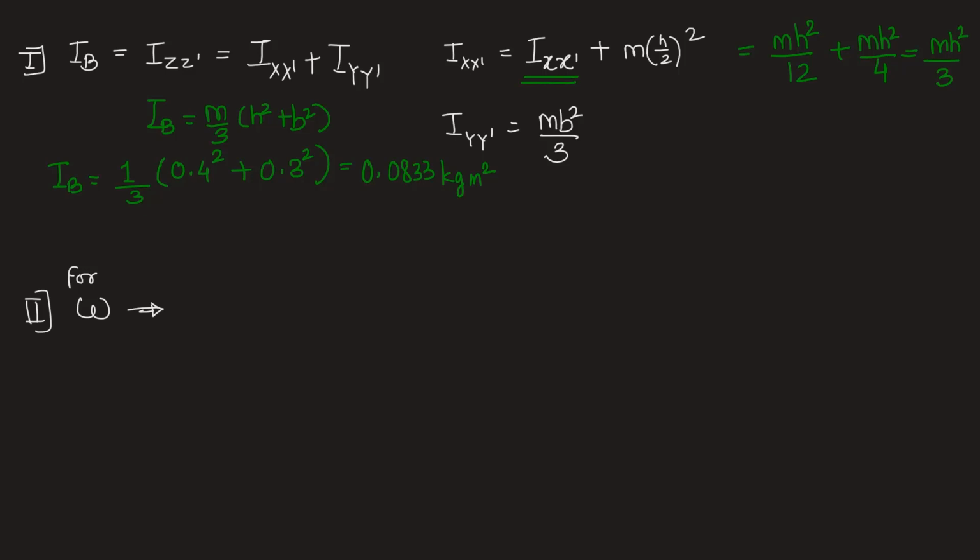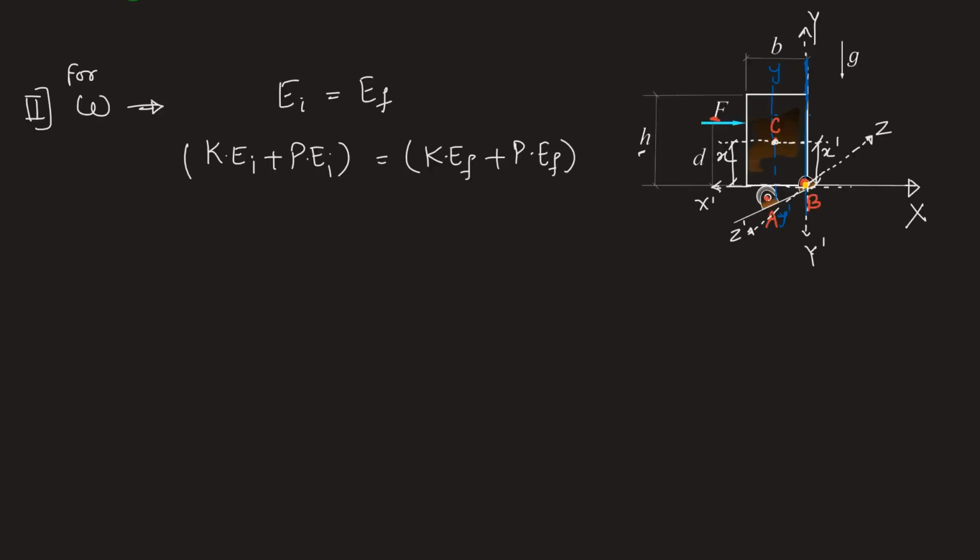So by energy conservation, we know the initial energy of the block will be equal to its final energy. Initial and final energies both can be written as the sum of kinetic plus potential energies. So initial kinetic energy plus initial potential energy will be equal to final kinetic energy plus final potential energy. Now you have to carefully pay attention here. Initially the block is resting on this support, and as soon as IF is applied to the block,